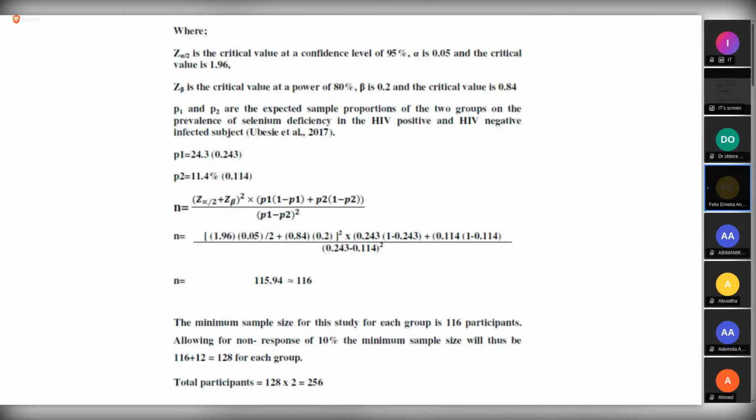Please, students usually mix this up. Sometimes students will calculate this minimum sample and they get 128 and they will now divide that 128 by 2. Please, it's not correct. Whatever number you get from this formula, it means you're going to times it by 2, meaning that number is for one group. Please don't divide it. I know that sometimes you feel the number is too much, and you say, let me divide it and share it. Please, it's not correct. Whatever number you get is for each group. So you times it by 2 to get your total population.